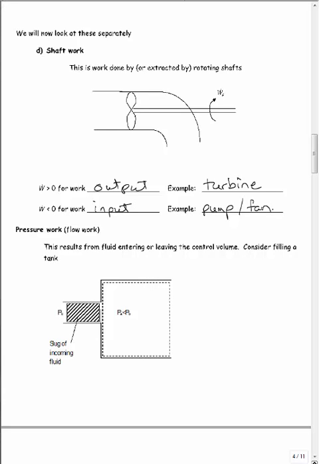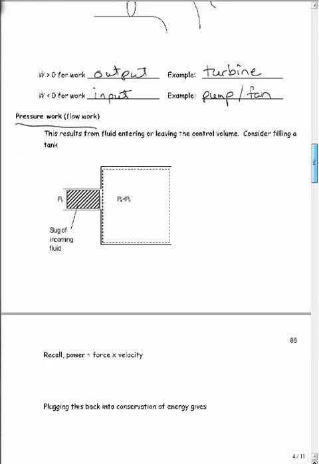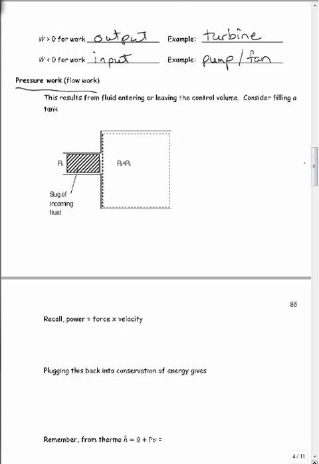So let's look at the pressure part of the work first, the pressure work or the flow work. If you have this slug of incoming fluid here, let's think about the power of that, because power is just work over time. The power is force times velocity, FV, or FU if you're talking about the x direction. Our force was pressure times area. Let's plug in that V again. Rearranging this, you get P times VA. Remember what VA is? VA is Q,